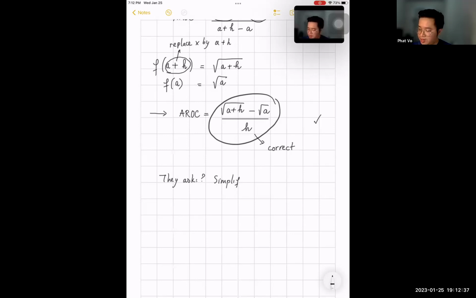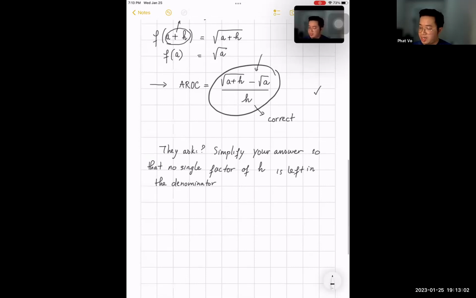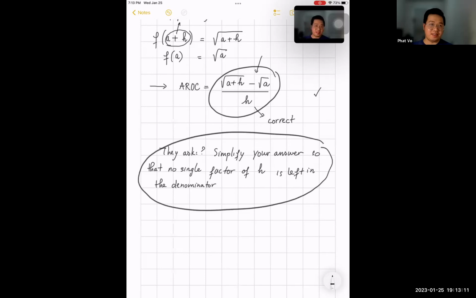simplify your answer so that no single factor of h is left in the denominator. Okay, that means if this is your answer and the question is like this, your answer is not complete. So you need to do more steps. You need to make some changes in this answer. Okay,